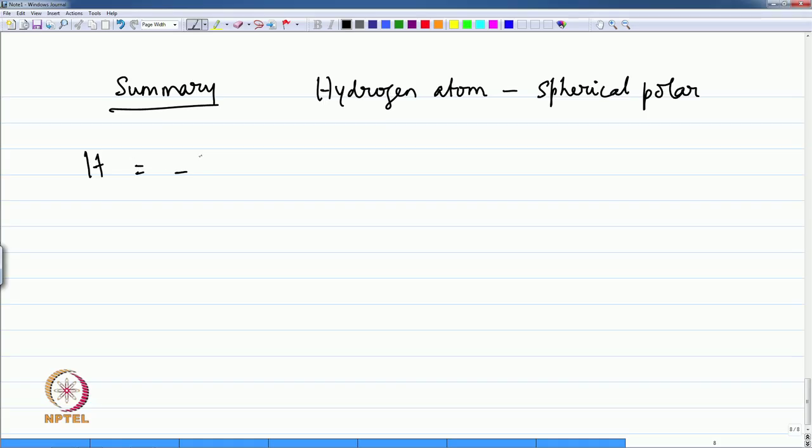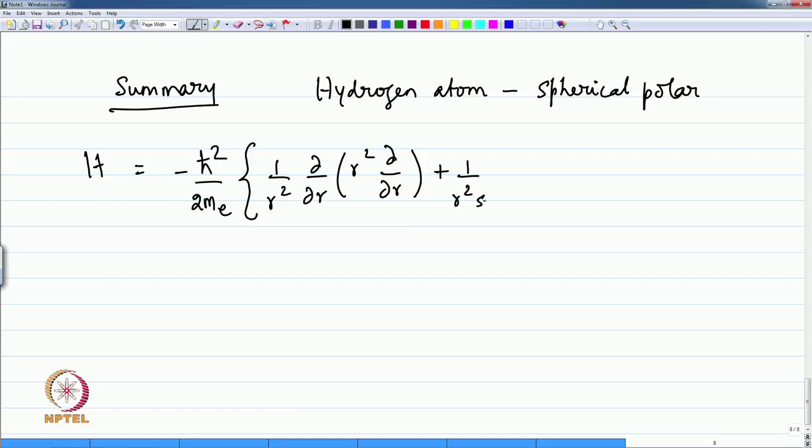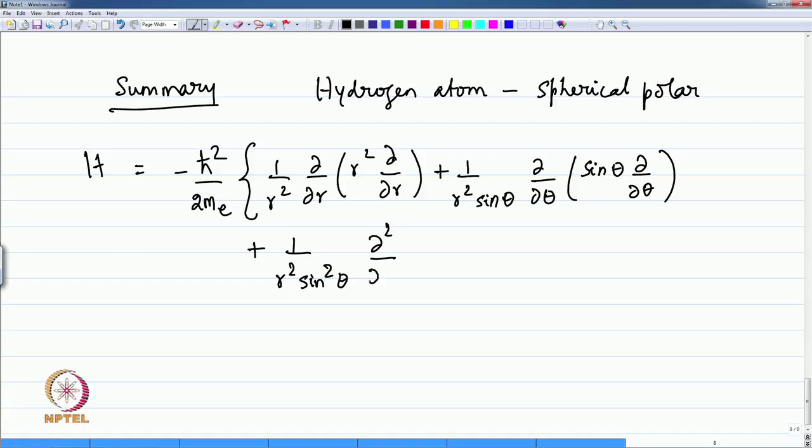The Hamiltonian is minus ħ² by 2mₑ, okay, 1 by r² ∂/∂r of r² ∂/∂r plus 1 by r² sin θ ∂/∂θ sin θ ∂/∂θ plus 1 by r² sin²θ ∂²/∂φ², all of which is the transformation of the derivatives to the spherical polar form, and therefore this is nothing but the kinetic energy term in terms of the spherical polar coordinates with the potential energy minus Ze² by 4πε₀r,